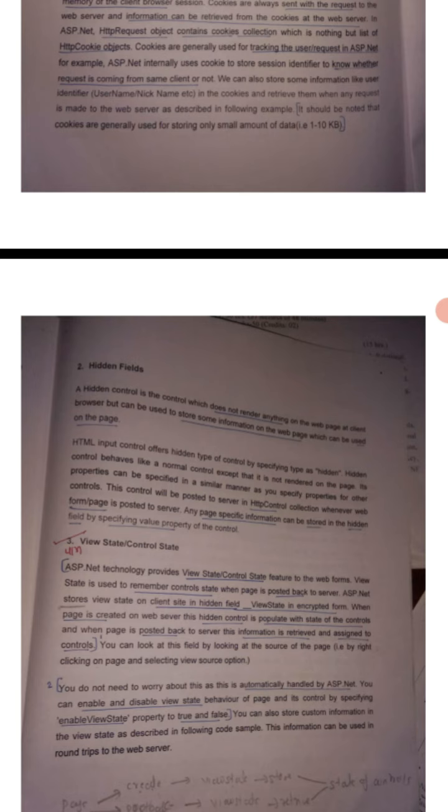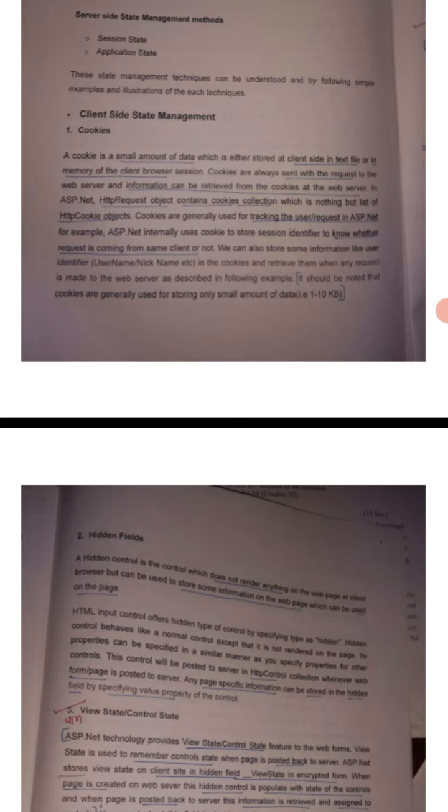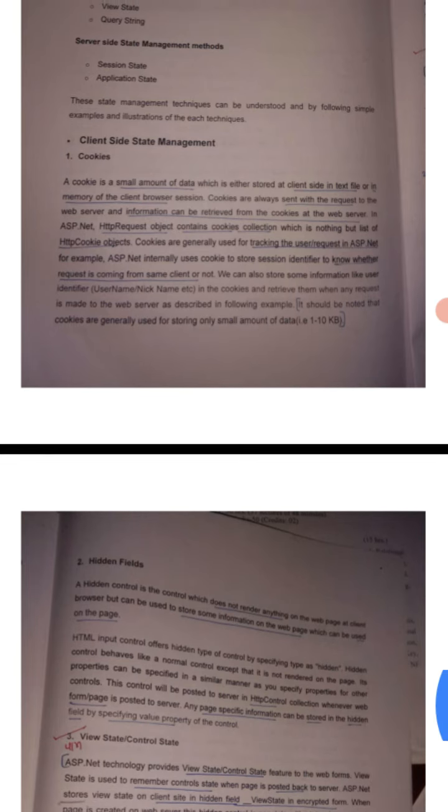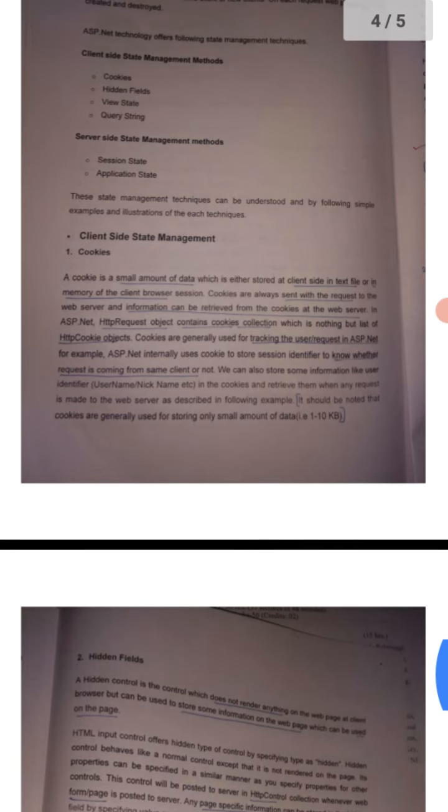Cookies are generally used for tracking the user request in ASP.NET. For example, ASP.NET internally uses a cookie to store a session identifier to know whether a request is coming from the same client or not.